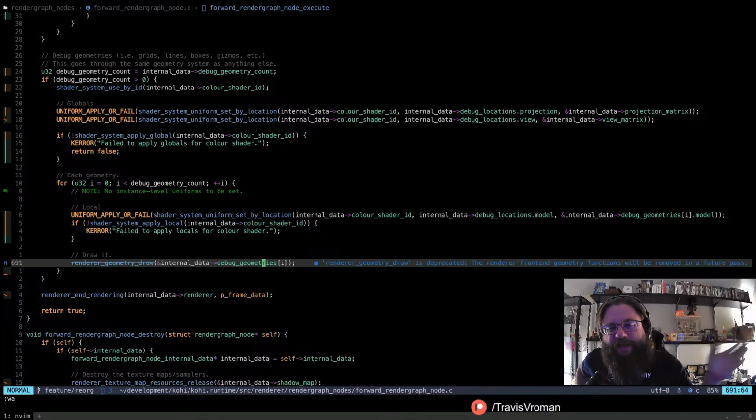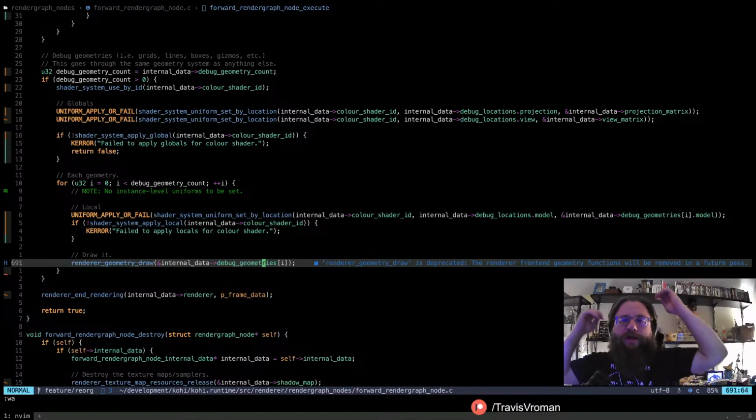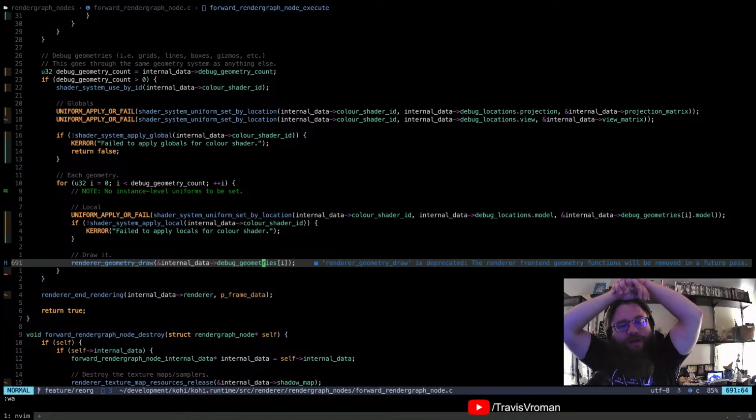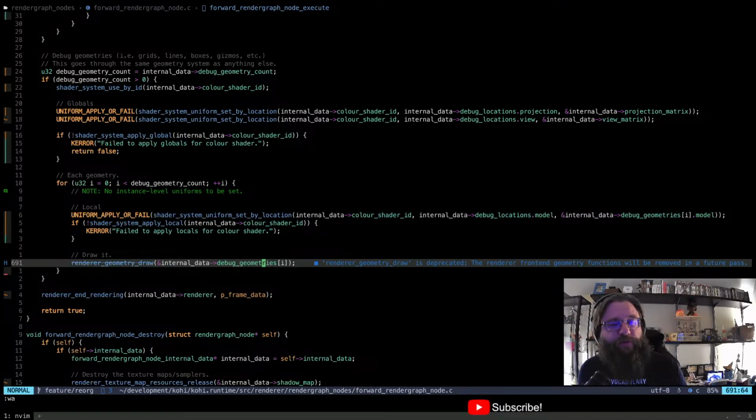Whereas we could just pass those pieces of data across, and we can get those from anywhere and do what we need to do, right? There would be cases where we may not have one of these geometry structs, and we have to basically create one on every frame, and that's poop, right? So instead of requiring that, we are going to just say use the non-geometry functions, and then these deprecated ones will eventually be removed.